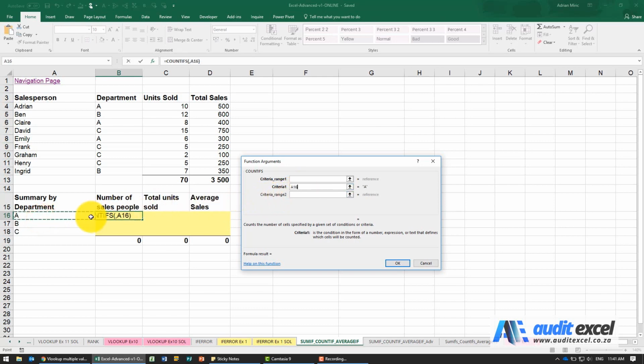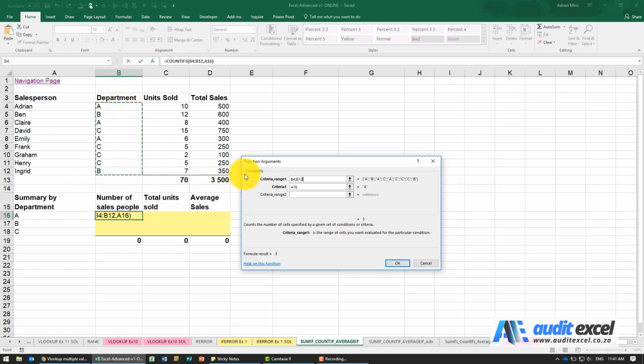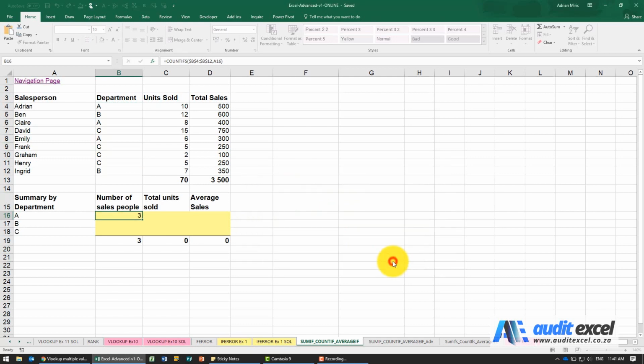Because now that we know we're looking for the A's, we can go back to the criteria range and tell Excel where it will find these letters. So I'm going to highlight this. And inevitably, these are dollar signs, because they always look at the same table. So I'm going to put my dollar signs on. In this case, that should be enough. We're not going to use criteria range 2 or any further. And when I say OK, you'll notice it says 3. So it has gone through this list and said 1, 2, 3.